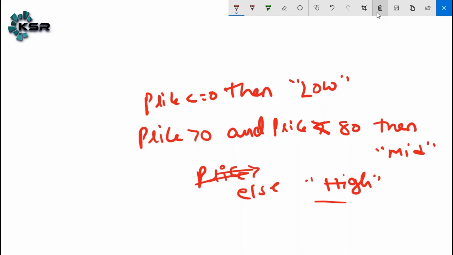How do we write these kinds of conditions?